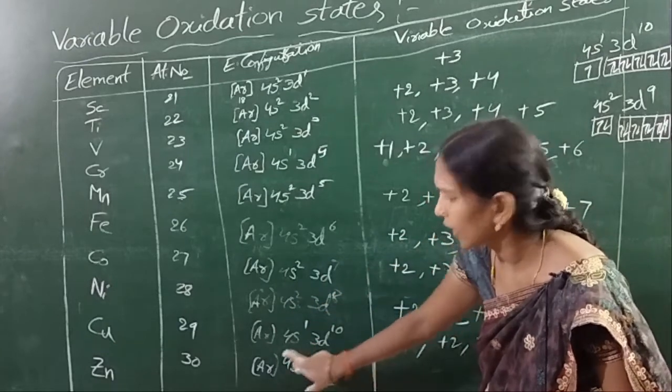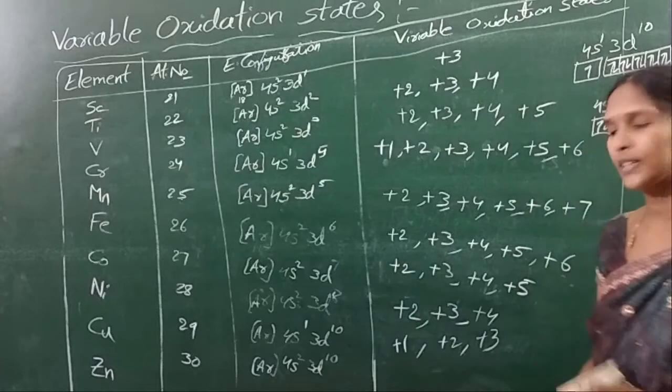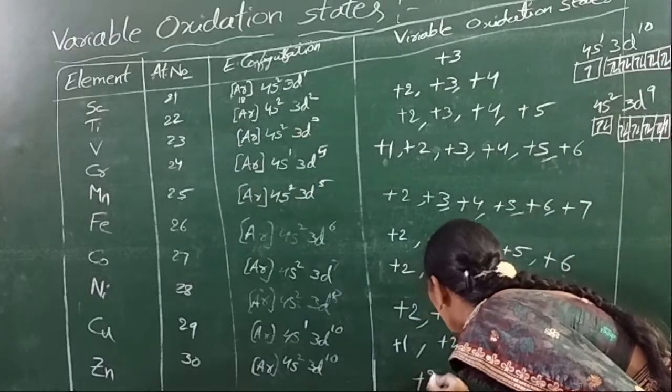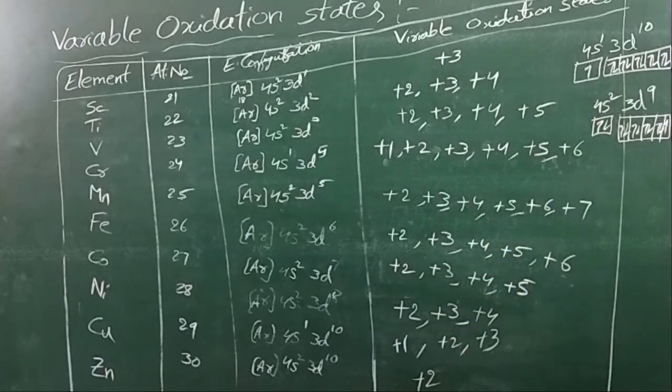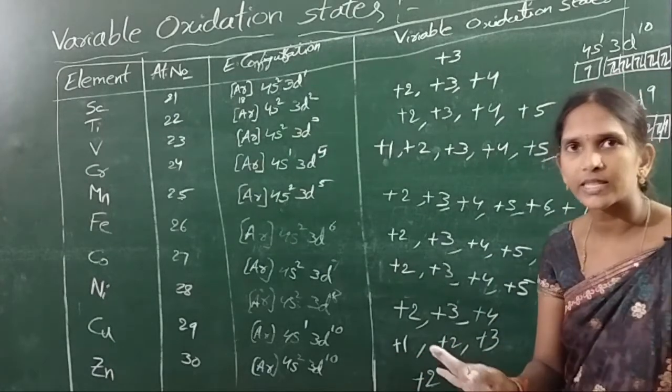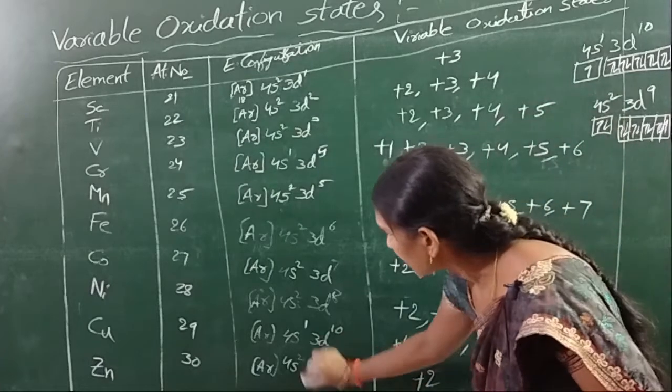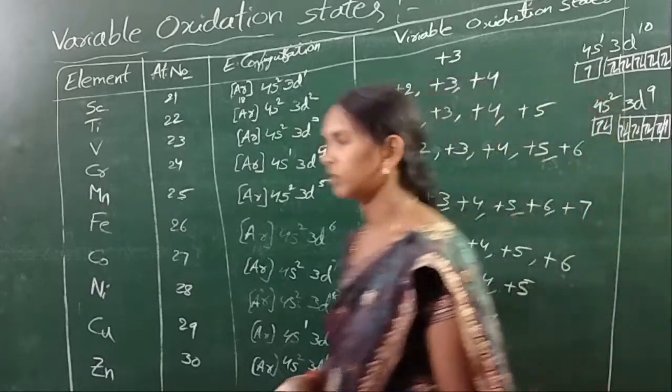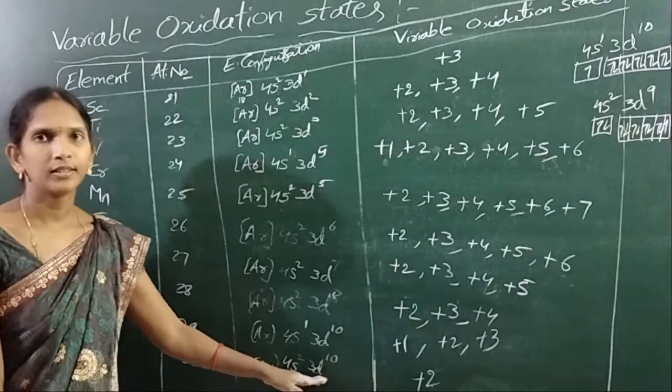Can remove these two electrons from S, then there exists +2 oxidation state only. Okay, zinc can exist only in +2 oxidation state. Okay, this is completely filled, so we don't remove this. Okay, next,